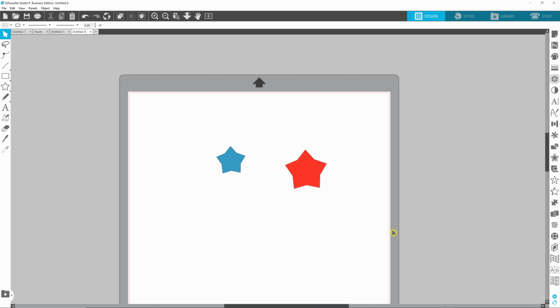I want to tell you, this is not the program that I design in. So I'm applying the steps that I do in the program that I use, and I'm applying it to the Silhouette Business Edition. Okay, so if you see,